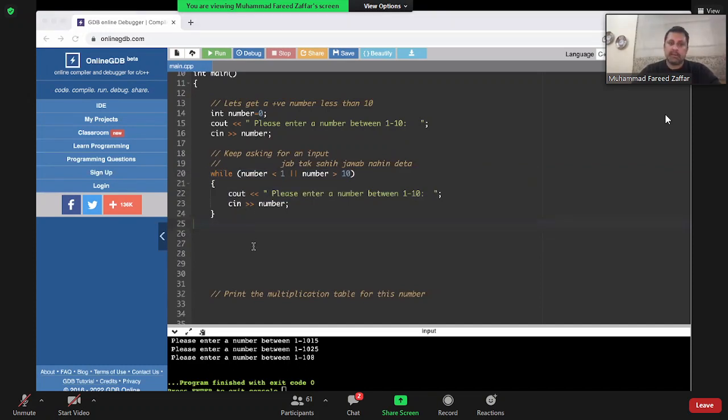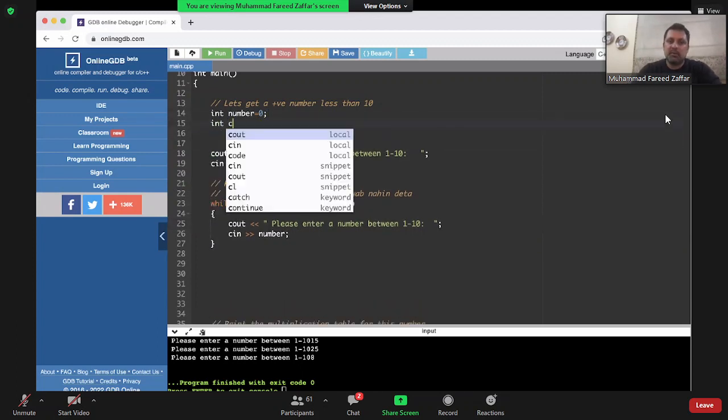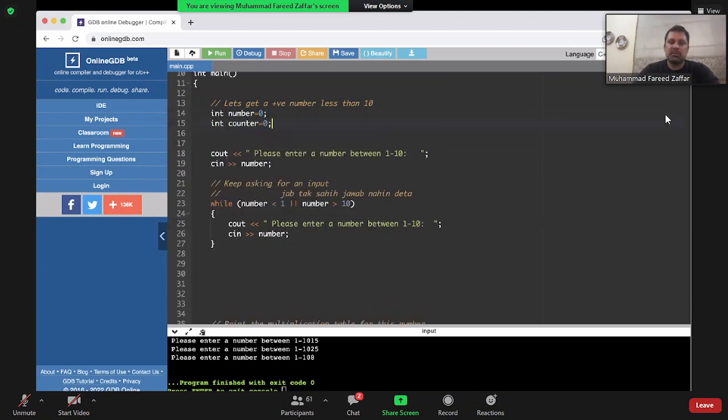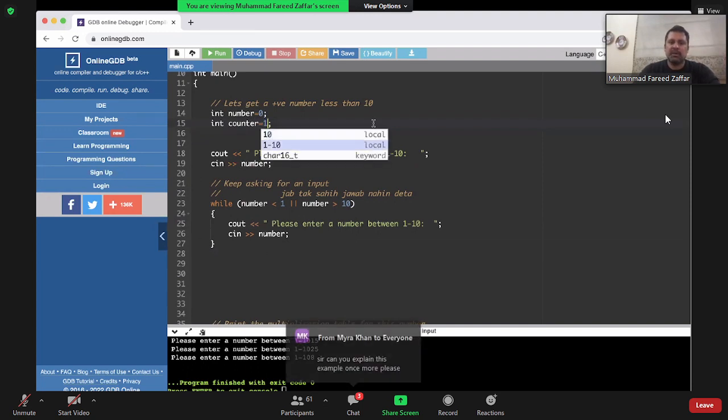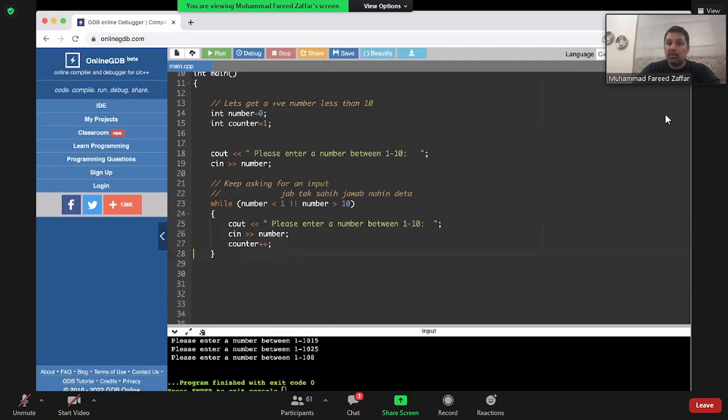And actually I can see now how many wrong answers there will be. So first, if I want to keep track of how many wrong answers he has given, the way to do this is I'll say int counter is equal to 0, let's make it 1 because it's the first try. And every time he gives a wrong answer I'll say counter plus plus, and now it will only come to line 29 or 30 when the answer is correct.